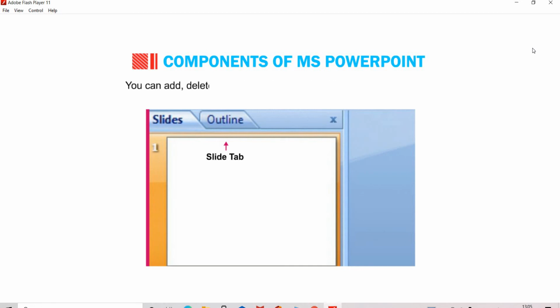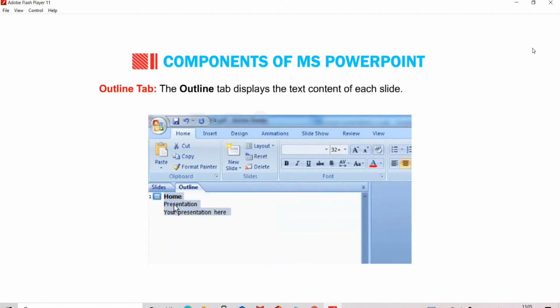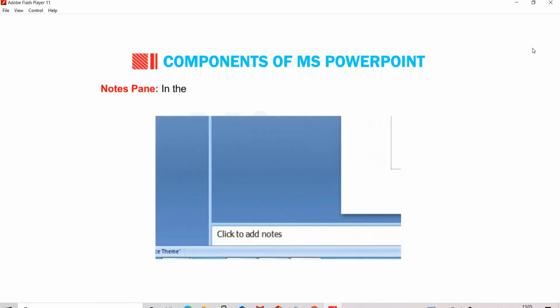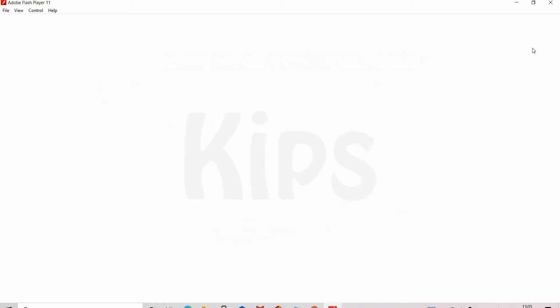You can add, delete, duplicate and rearrange slides in the Slides tab. The Outline tab displays the text content of each slide. You can edit your text directly from the Outline view. And we have the Notes pane where you can type notes to yourself about the current slide.